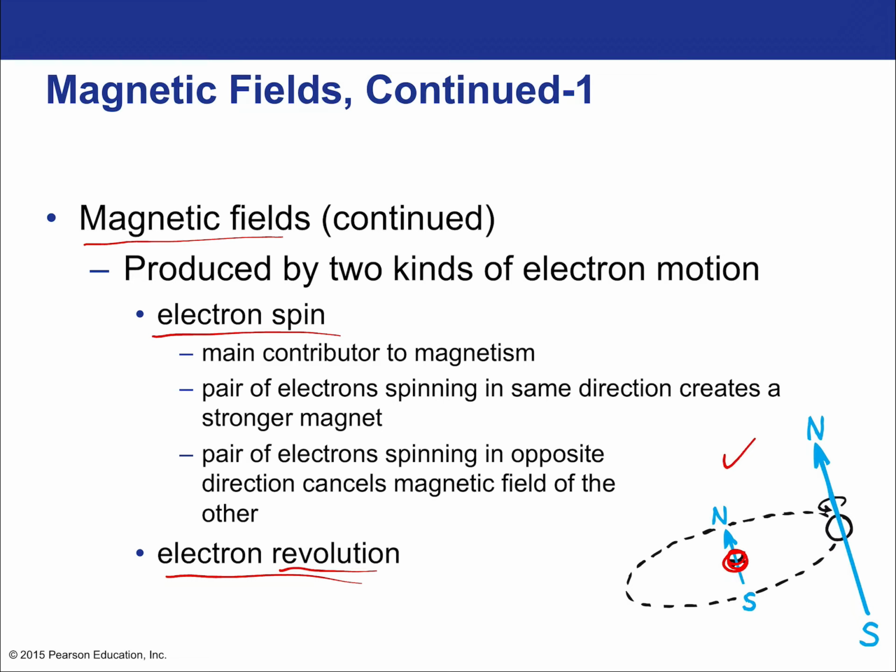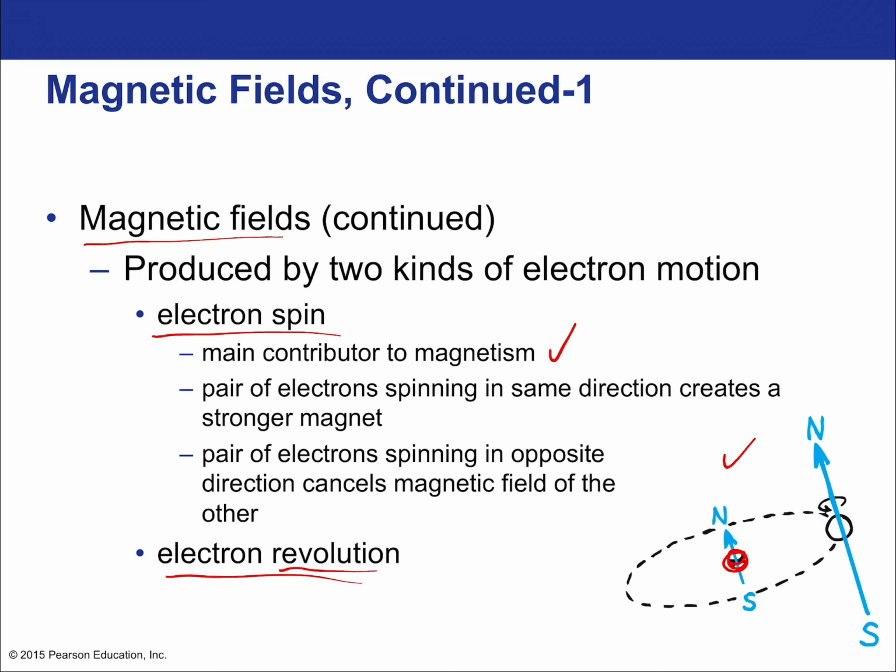But inside atoms, there's always a magnetic field created because that electron is always accelerating. Remember, circular motion is a form of acceleration. And acceleration of any charged particle, in this case the electron inside the atom, creates a magnetic field. One of the most beautiful ideas in physics. So the electron spin, even though you might think that being the smaller motion, is the much bigger contributor, due to the way the spin of the electron differs from its orbit. So it creates a very strong magnetic field.